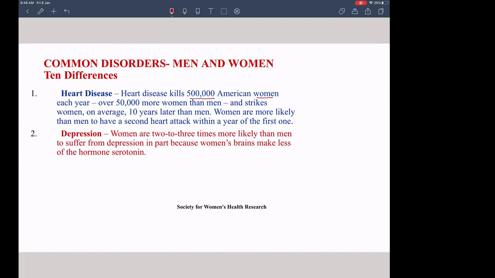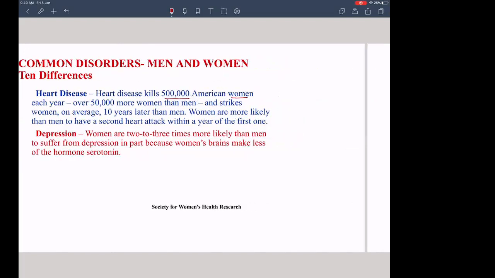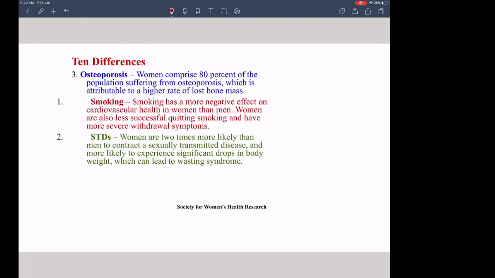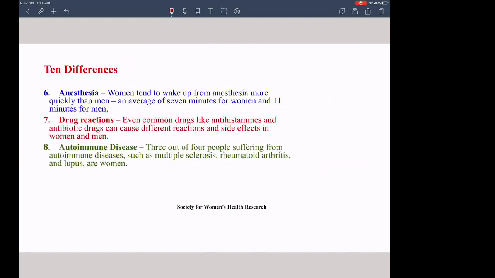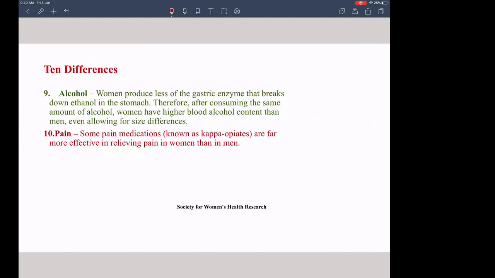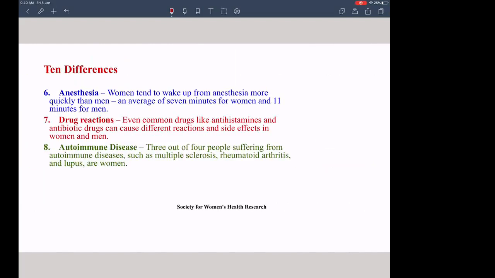Okay, 1 minute. So these 10 differences, can we share the slides with them later so that they can go through this? The 10 differences are listed there, and one can read into those. These are sometimes very interesting, for instance, in anesthesia,